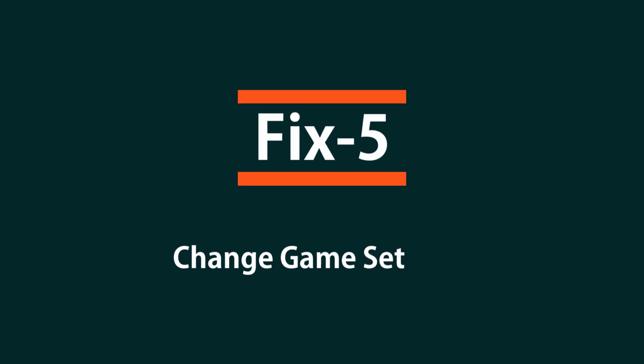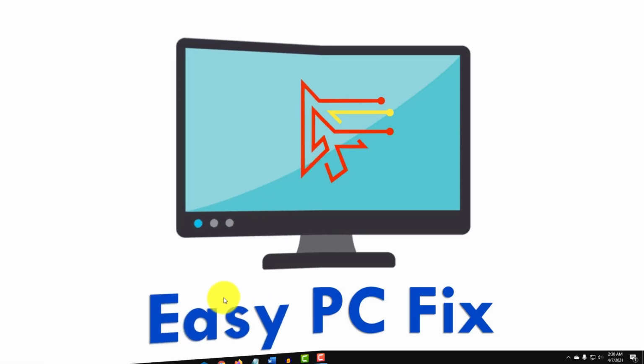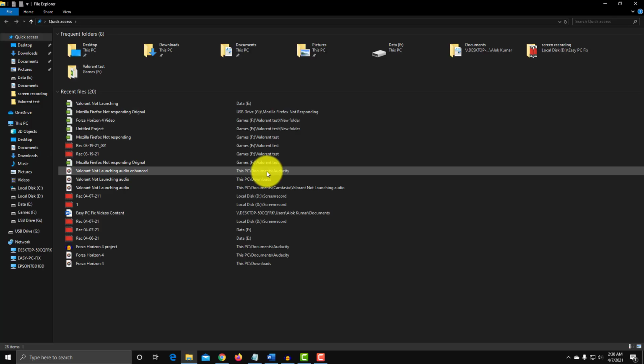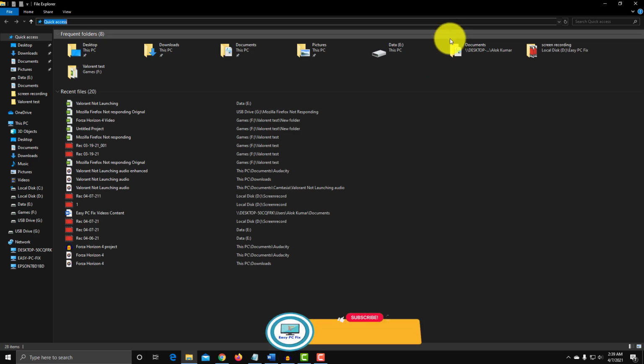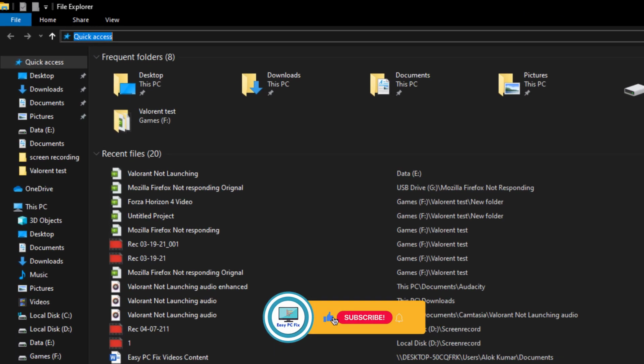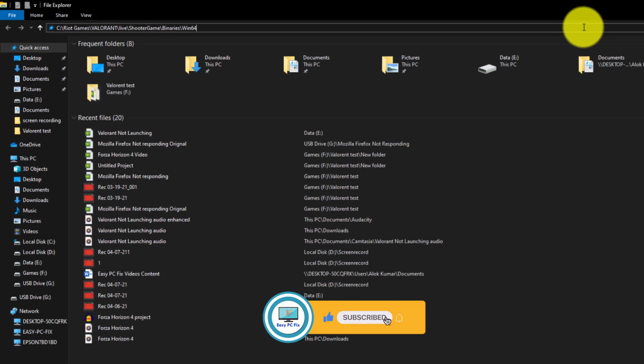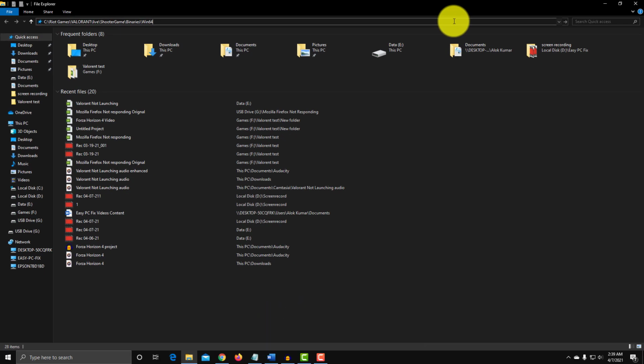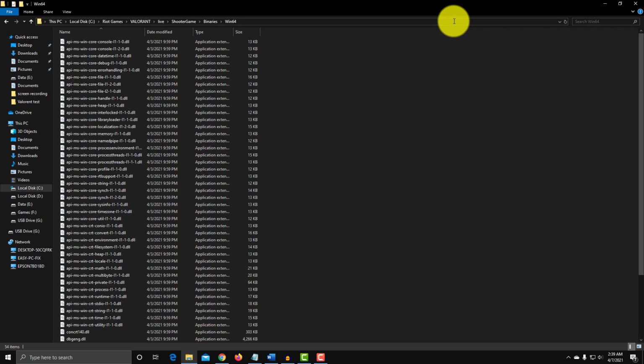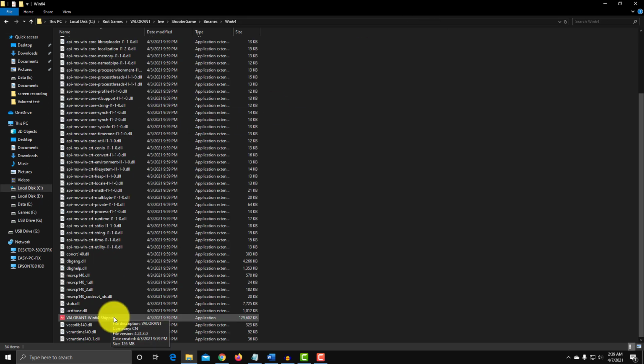Change game settings. Click on File Explorer. Then click on the address bar of File Explorer and paste this folder location. You can copy the folder location from the description below. Now hit enter. Now right click on the Valorant Win64 file and select Properties.